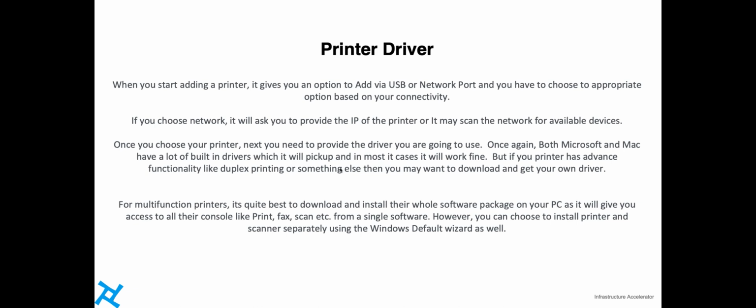When you start adding a printer, it gives you an option to add via USB or via a network port. You have to choose the appropriate option based on your connectivity. If you choose network, it will ask you to provide the IP address of the printer. And in some cases, it will quickly scan your network to find the available printers. Once you choose your printer, the next thing which you have to provide is the driver which you are going